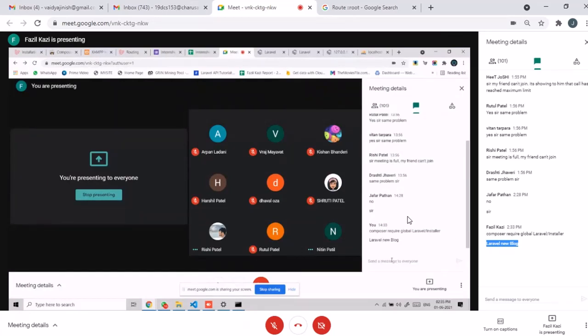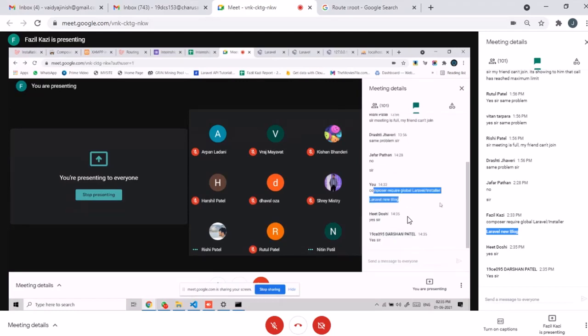Okay, everyone got it? Yes, sir. Your attendance will be based on the task which you are completing, not on who is attending this lecture. Okay, so if anyone is sitting here just for the attendance, they don't have to. Just submit the task whichever is provided. For this lecture, the task is to install Laravel, Composer, and Zen, and create a new project using Laravel. Just an empty project, not a whole project.